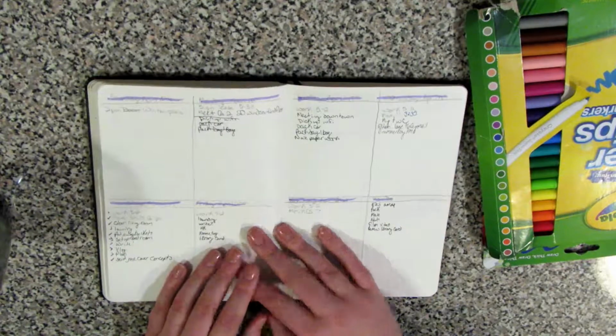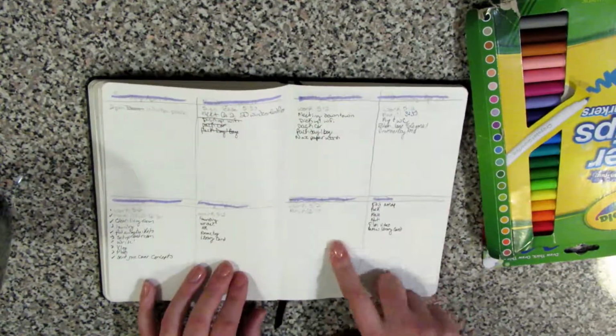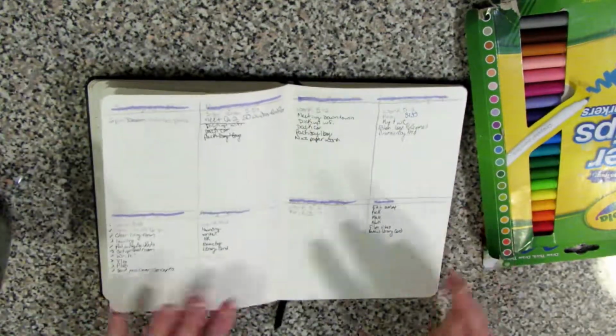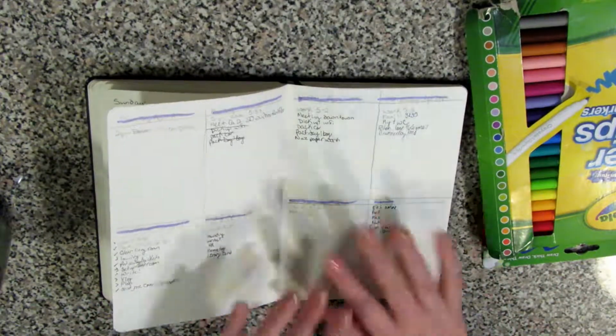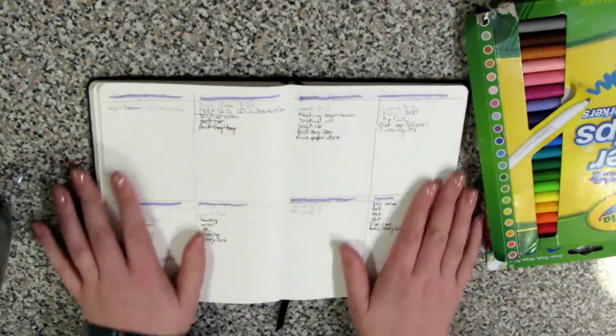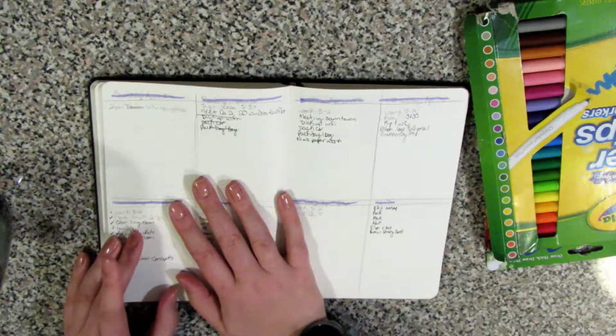But then there's other weeks where I have things like this, where I brought the purple back. I probably should have done this in black, or at least gone over it, but I didn't, and I think that's really good to show, is that not every week or every day is like this perfect creation. And I hope you're accepting of that, because I am, and if you're not, well, I guess don't watch my plan with me, but I hope you do, because I want to share my organizational skills. So after that little mini rant,